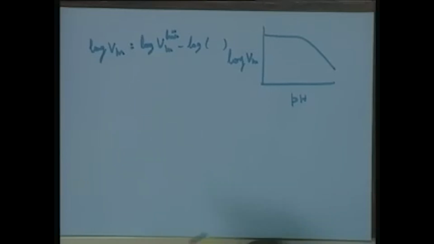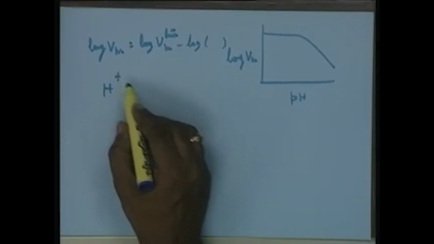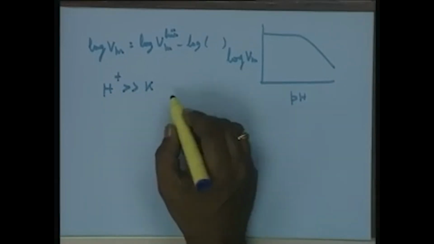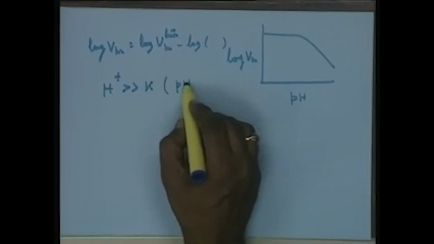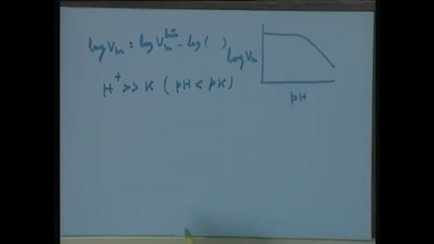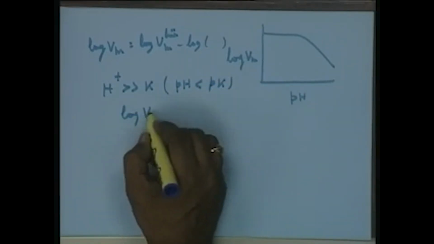If you consider the extreme conditions, that is when the hydrogen ion concentration is much greater than the ionization constant, in other words the pH is smaller than pK, then your log Vm is equal to